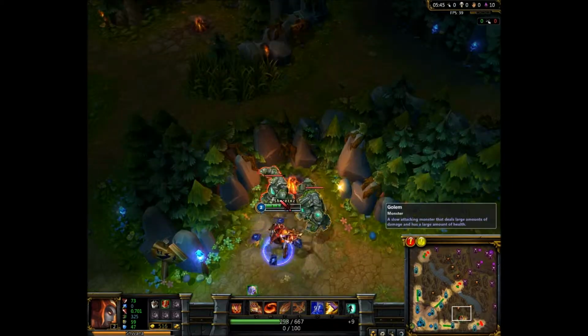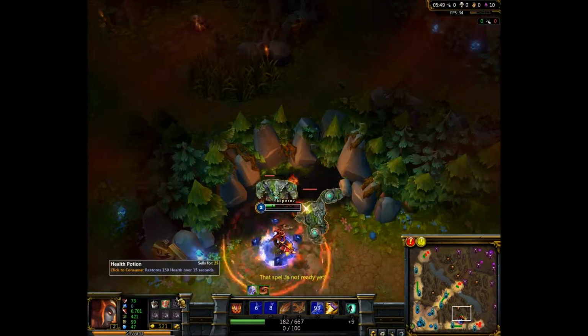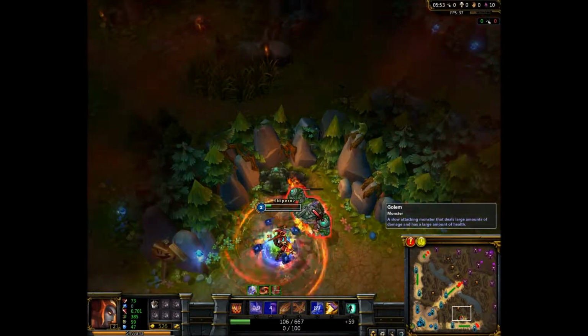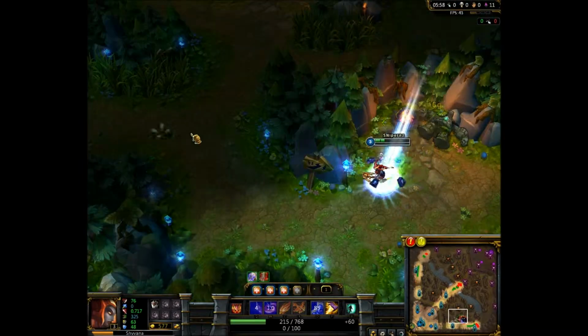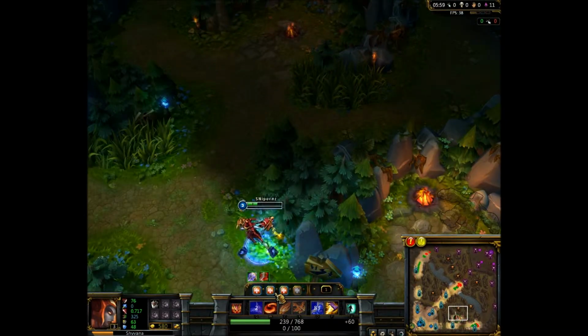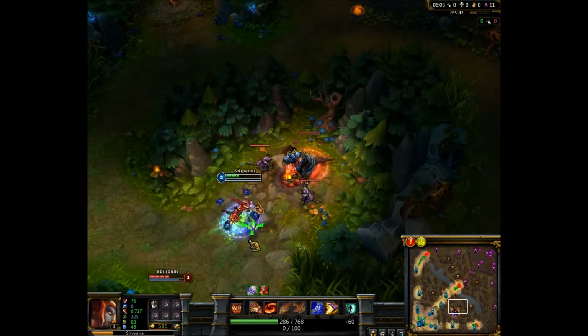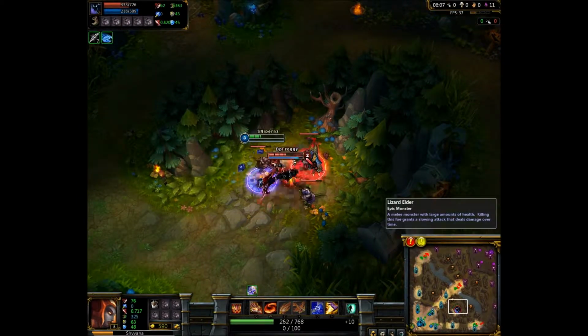Alright, when you get the Golem, the Golem on the right gives you a lot more gold and heals you. So if you want to kill that one first, you get the gold and the health regen. And then when you go up, by the time you get back to red, your smite should be up. And then when you go for red,